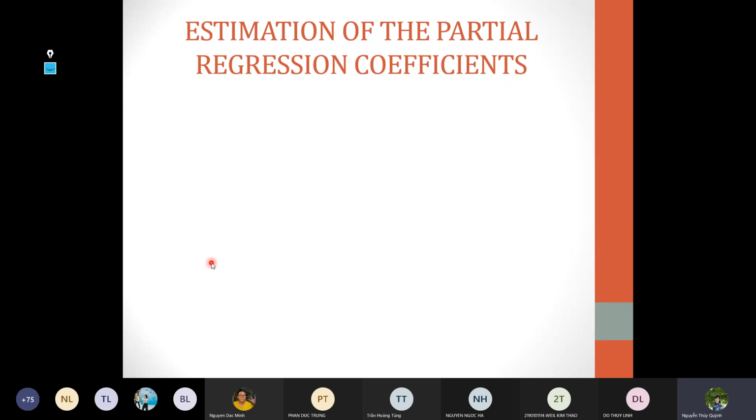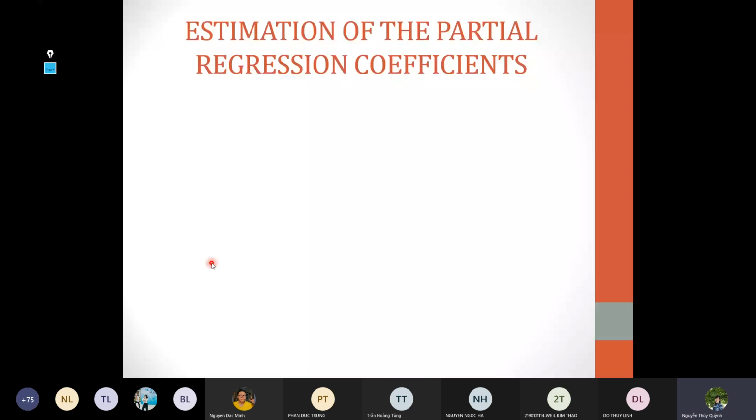Now, those are the specifications of a three variable regression model. Let's move to the estimation of that regression model. Assume that we have a sample of n observations in hand, and we have to estimate that model, because we do not have the data for the whole population. We just have sample data. Now, to estimate the partial regression coefficients,